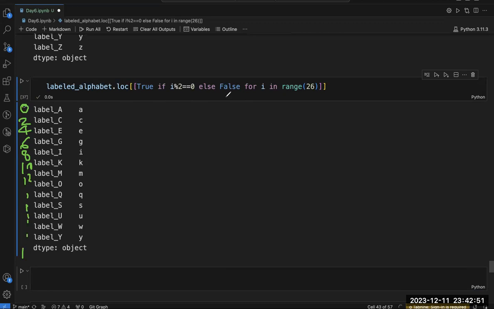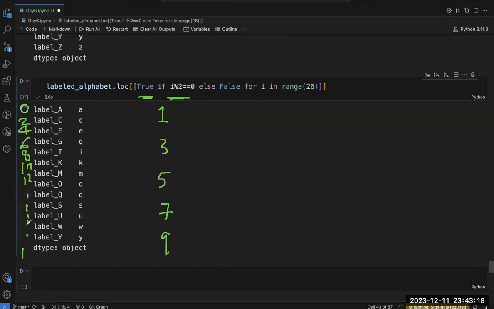Because this condition is omitting indexes 1, 3, 5, 7, 9. Whichever value is odd, it is omitting, because it is telling me true if i divided by 2 is equal to 0. When it is even, it is considered, and for the even cases only, my value is true.